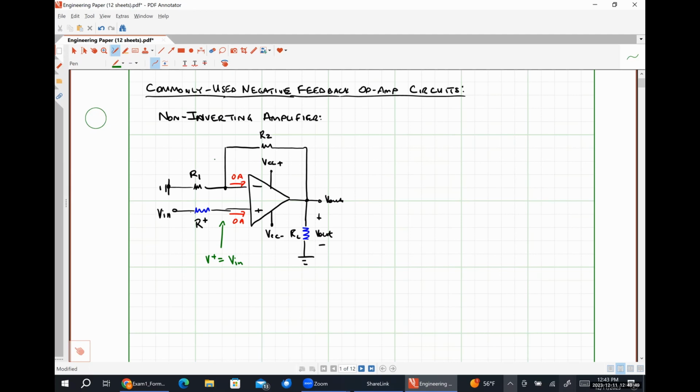Okay. Continuing on with our second op-amp rule. Since there can be no potential difference between the input terminals of the op-amp, the voltage present at the inverting input terminal must also be